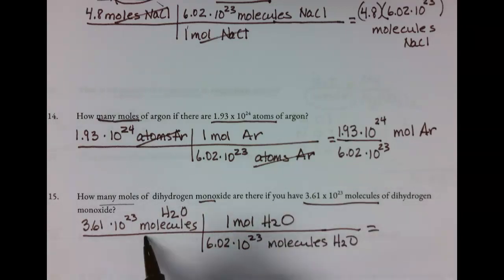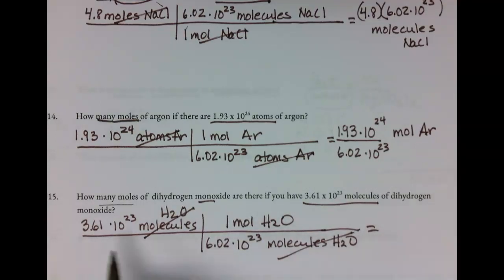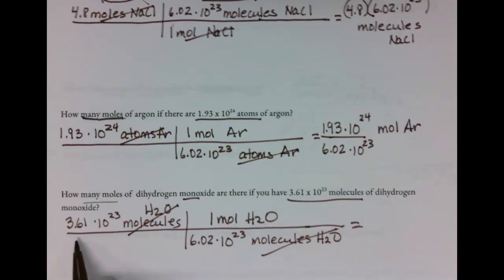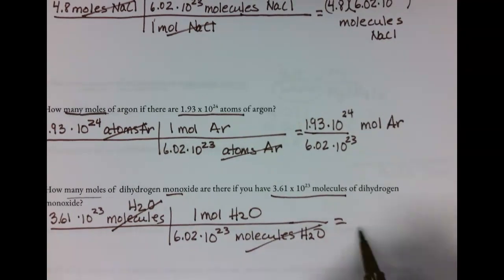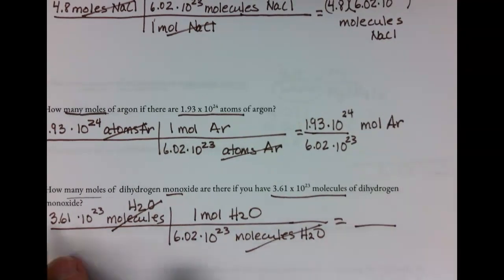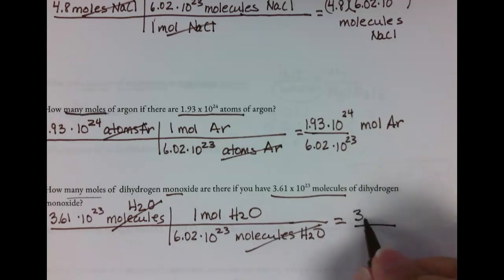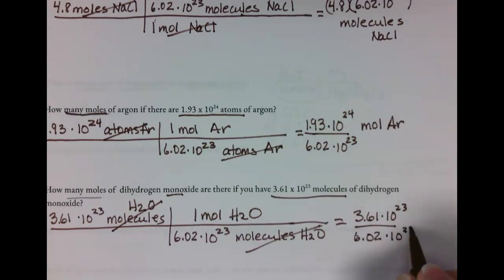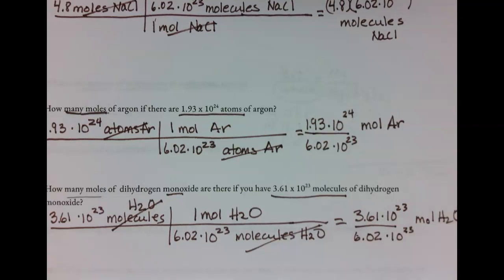So molecules of water cancel. And again, this is going to just be a division problem. I didn't quite leave enough space here; I wrote too big. This is in the numerator, and you're going to have 6.02 times 10 to the 23 in the denominator. Again, this is going to be a division problem, and your label is moles of water. So double check, be sure you have all that done. If you have any questions,